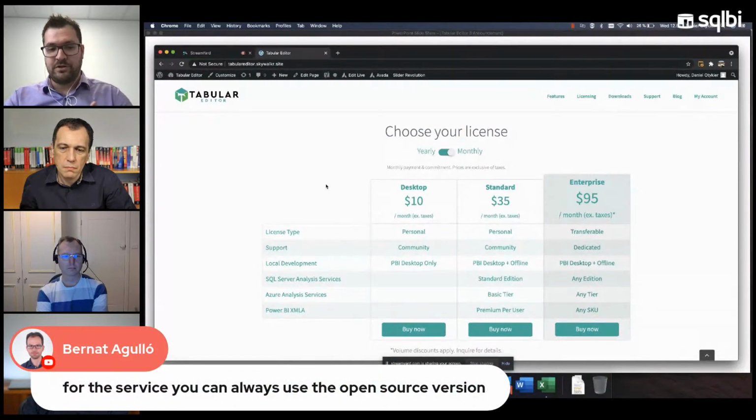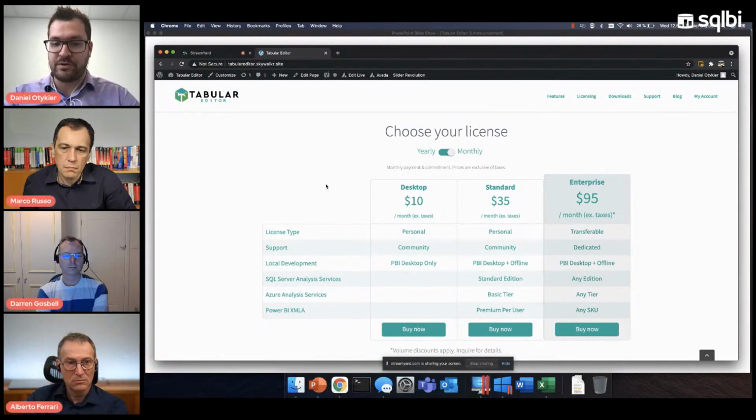Or if you use Azure Analysis Services, then the standard edition will only work with Azure Analysis Services basic tier. So this is for small to maybe medium-sized companies that have 1 or 2 BI professionals employed, and so basically targeting the medium-sized use case.